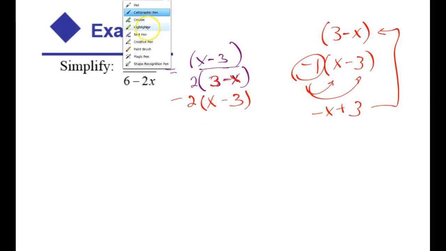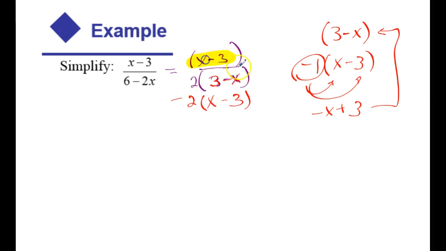And the beauty of that is now I have an x minus 3 up top and an x minus 3 down bottom. I can cancel those. Remember, if everything's gone up top, you still have something up there. You need a placeholder. So in this case, I still have a 1 in the numerator and a negative 2. But nobody ever writes 1 over negative 2. We'd write negative 1 half